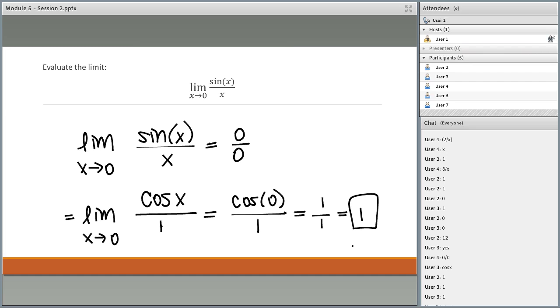So I wanted to do this example last because I don't want us to think that we always have to apply the e to the natural log and see how that goes because those get pretty complex. We can, in this case, we already have a fraction. It's already sine x over x. So what I can do instead is I can just apply L'Hopital's rule directly. I don't need to rewrite as e to the natural